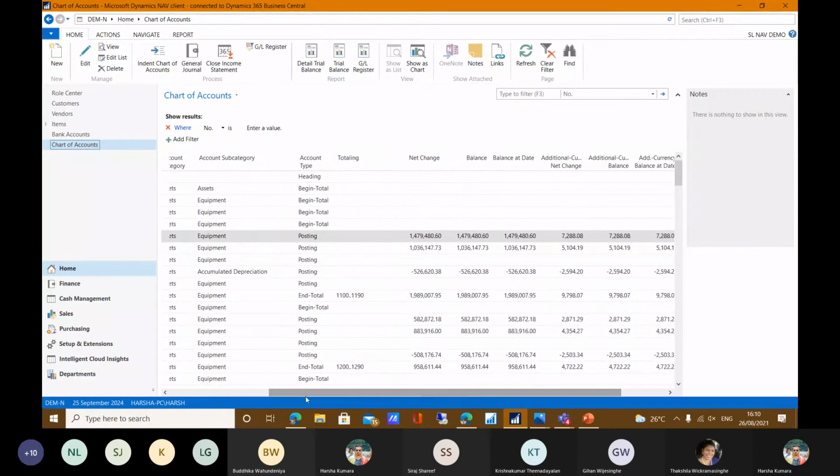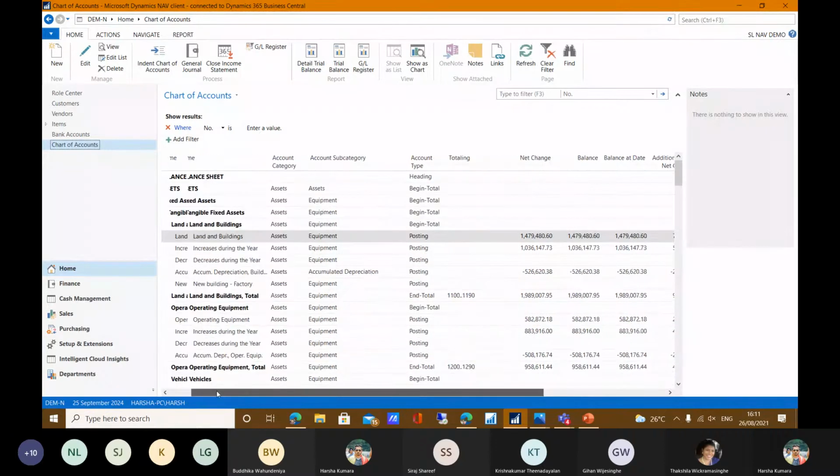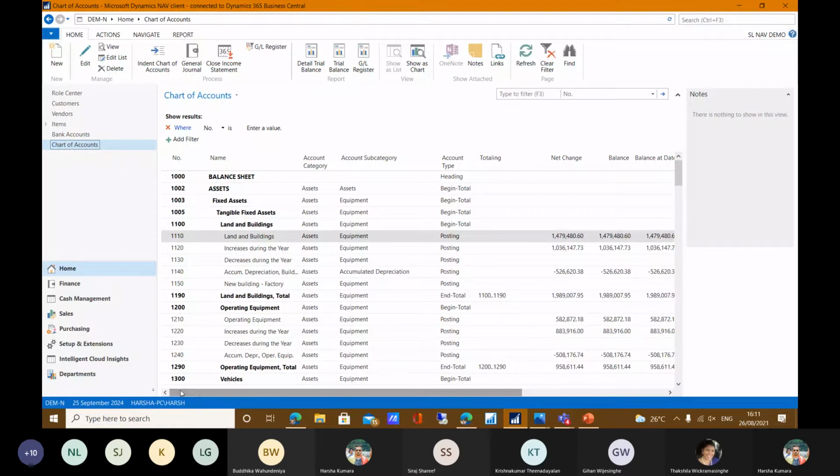Here you can also see if you have any reporting currency, what the reporting currency is, and that amount updated in your reporting currency, in USD or any currency you have predefined in the implementation stage. You can see that in one step of the chart of accounts list. Then I will show you the chart of accounts card.